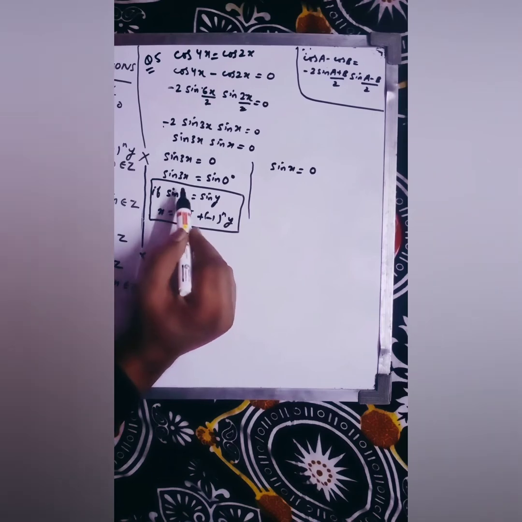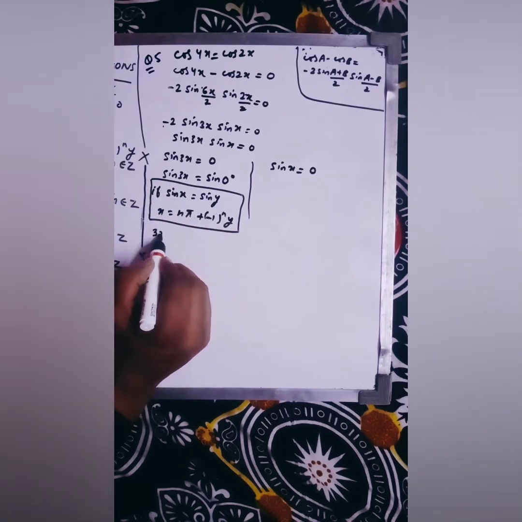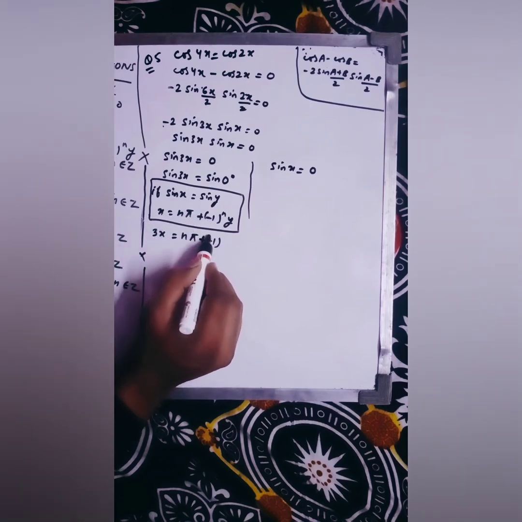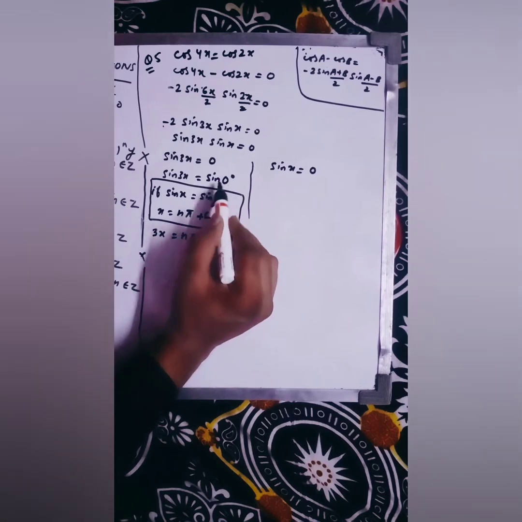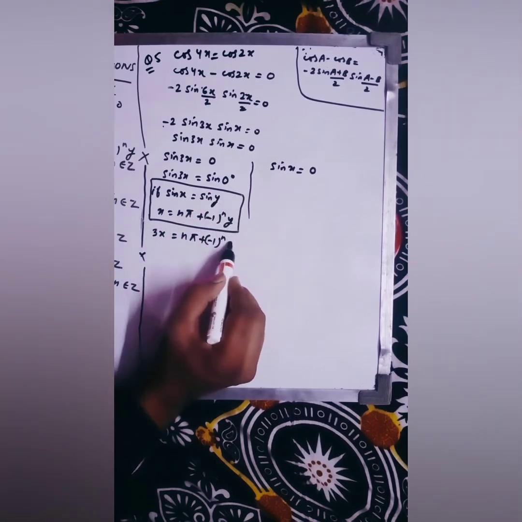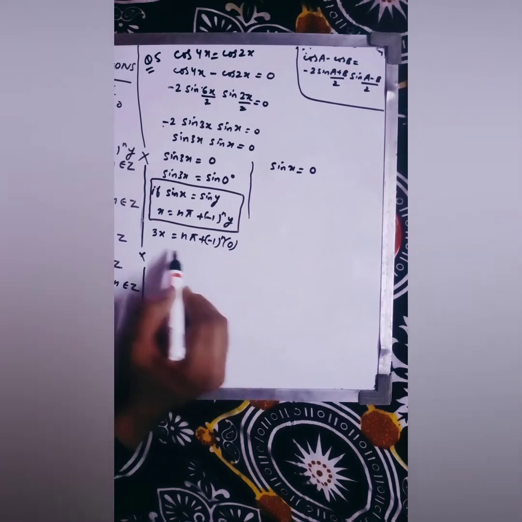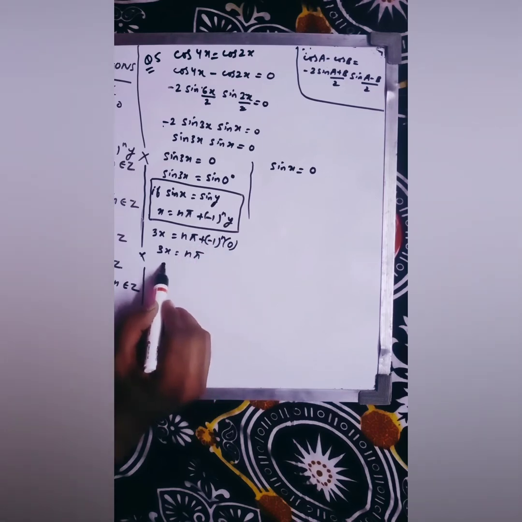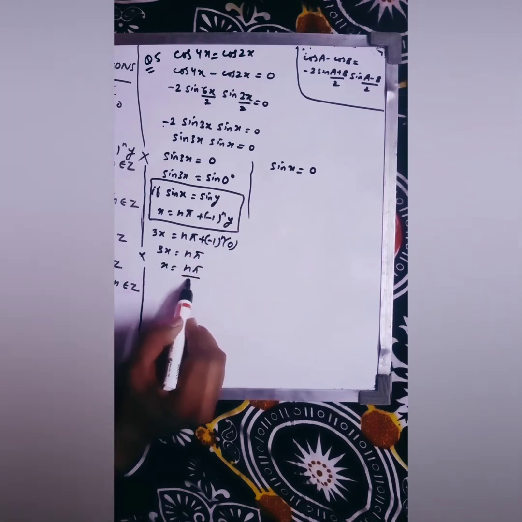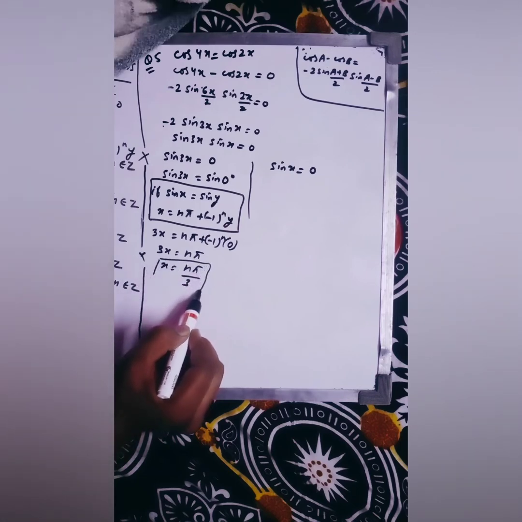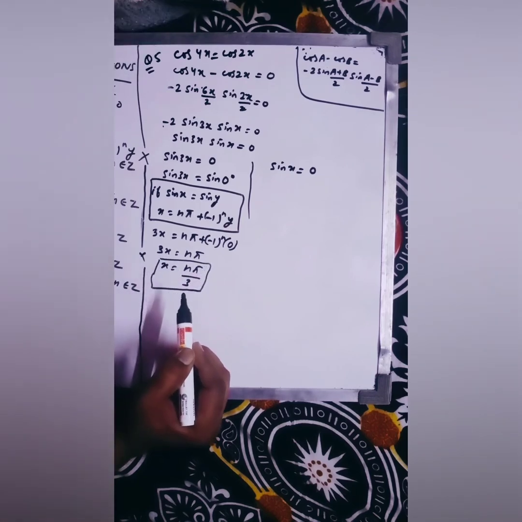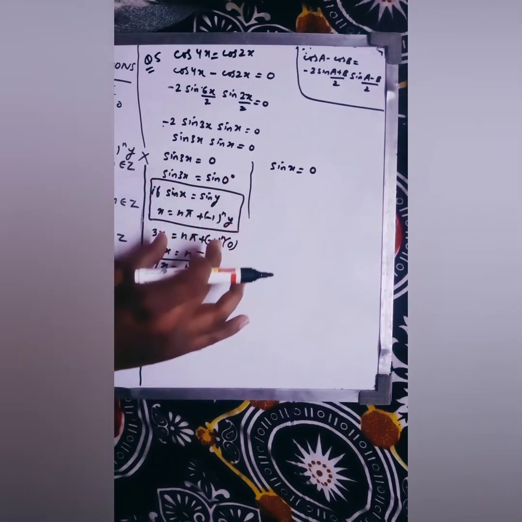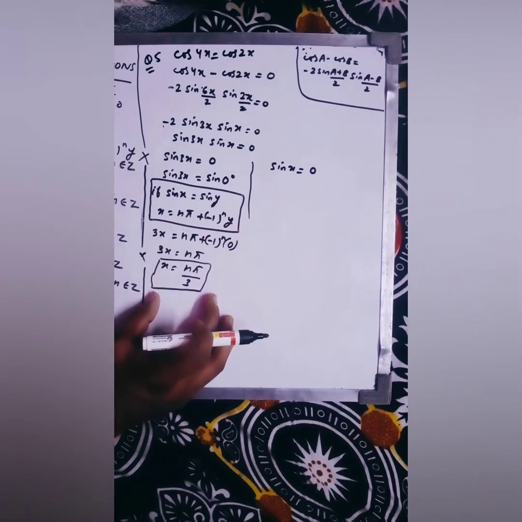So in place of x, I'm writing 3x. So 3x is equals to n pi plus minus 1 raised to power n, and your y would be, if we compare, your y is 0. So in place of y, I'm writing 0. When you solve this, you'll get 3x is equals to n pi, because this whole term will come 0. So your x would be n pi by 3. So this is the value of x. Got it? So this formula you have to apply at this place, and after solving you will get this value.